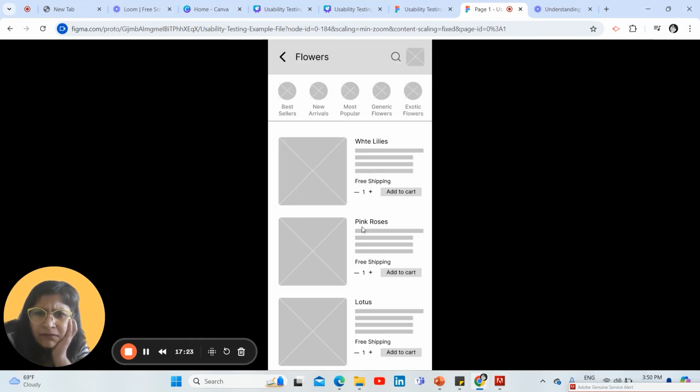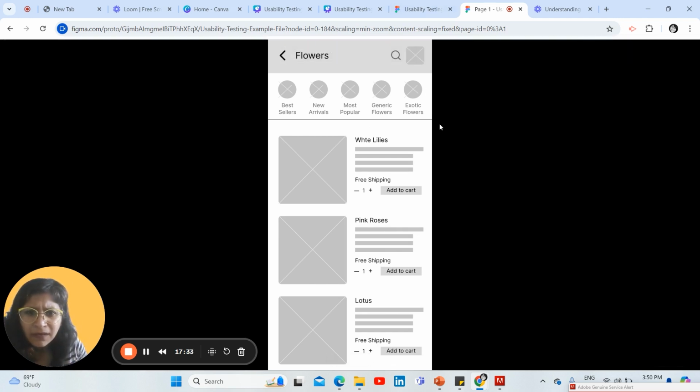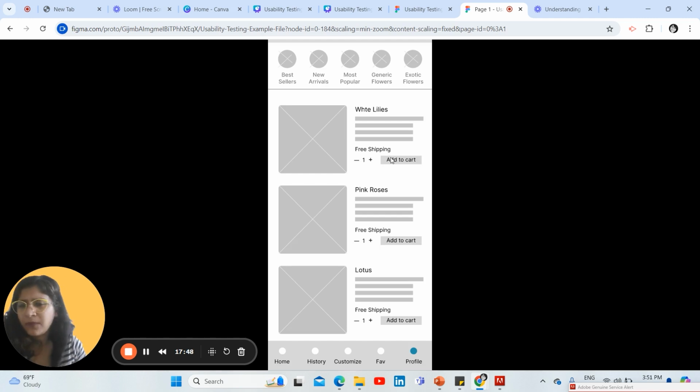Well, my favorite flower would be, maybe I want to know the season, or maybe the indoor plants, but I can't see any category like this, and I don't even see the filters. I don't know. Maybe we could have had some filters where we can choose the season or the type, whether it's indoor or outdoor. Anyways,